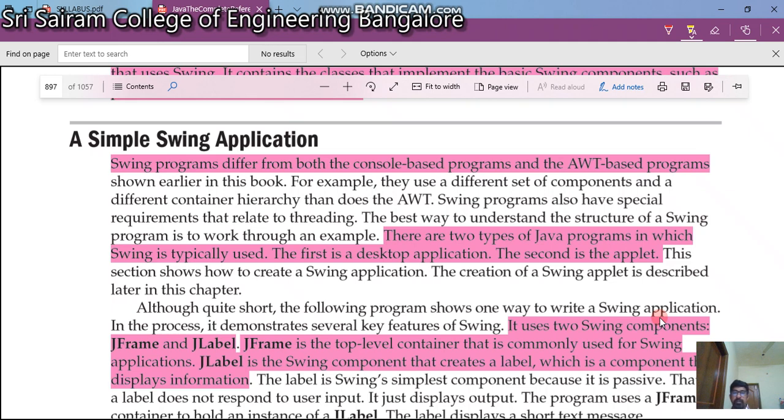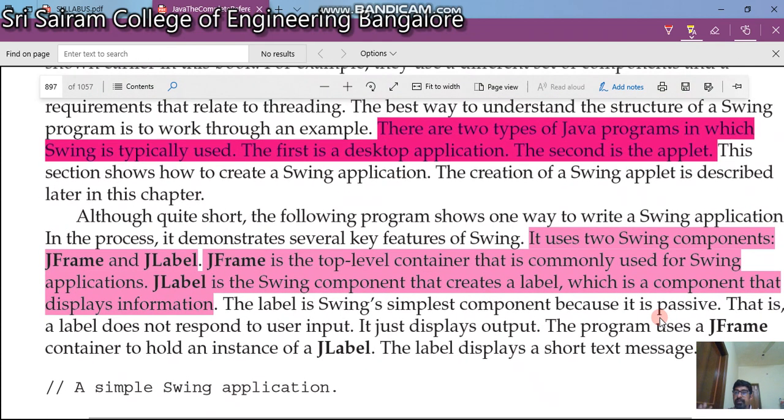It uses two Swing components, JFrame and JLabel, which we have seen in the previous video. JFrame is a top-level container that is commonly used for Swing applications. JLabel is a Swing component that creates a label, which displays information.